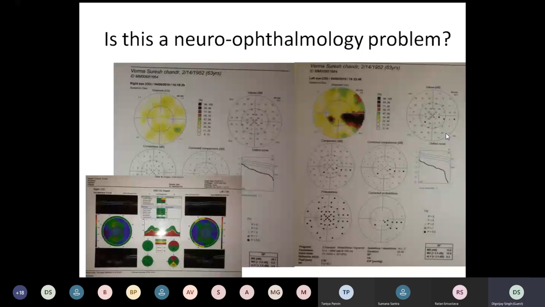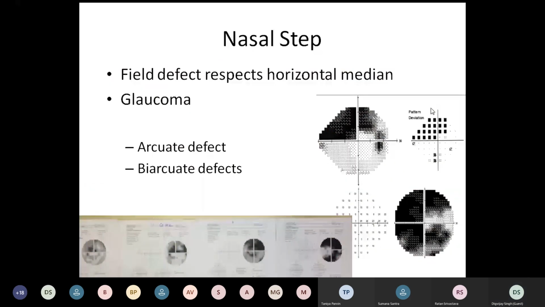While we ponder on that, let's look at the Bebie curve here. In the right eye, the Bebie curve is doing well. From the top it moves to the bottom, almost parallel to these two lines, which means it's just generalized depression. But see what happens in the left eye. It falls short. Whenever it falls short, that means there is a definite localized defect. And when the whole curve comes low, that means the whole field is depressed. I'll show you more Octopus perimetry later if I have it. But no, this is actually not a neuro-ophthalmic field defect, because this is a nasal step.